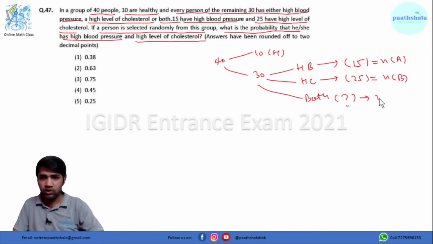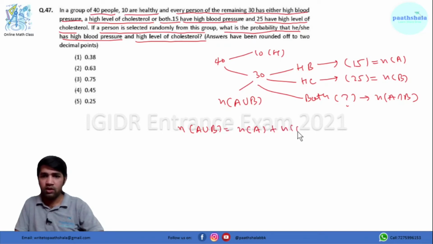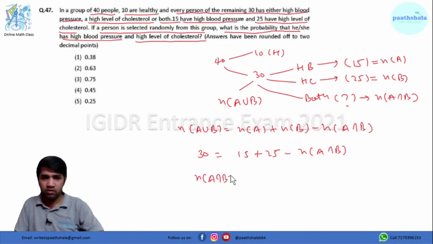So this will represent n(A intersection B), and this will represent n(A union B). By using the property of union, n(A union B) equals n(A) plus n(B) minus n(A intersection B). When you put these values, this will be 30, this will be 15 plus 25 minus this, which is exactly what we have to find. So n(A intersection B) will come out to be 40 minus 30,